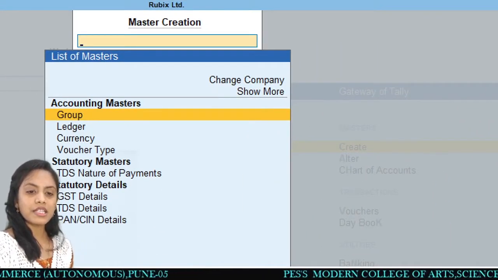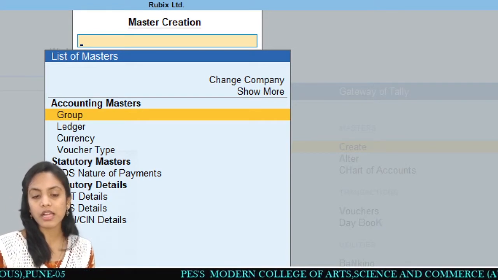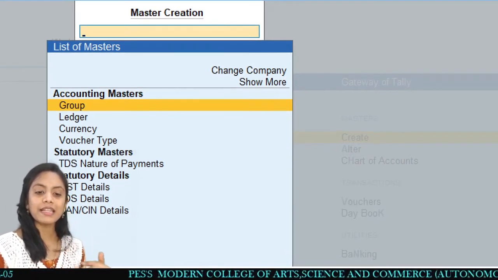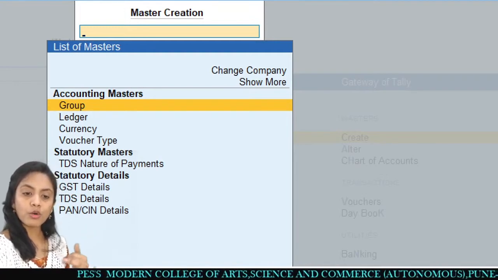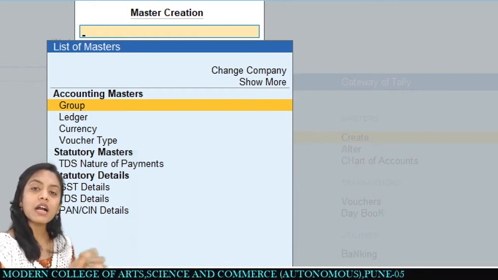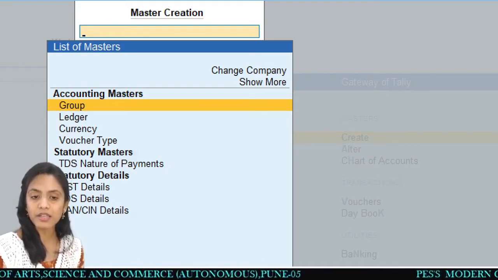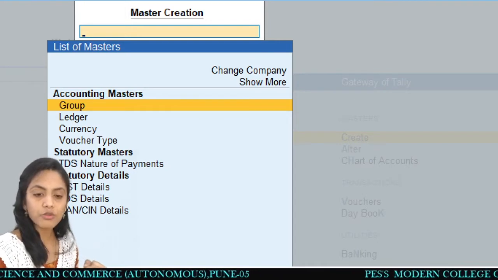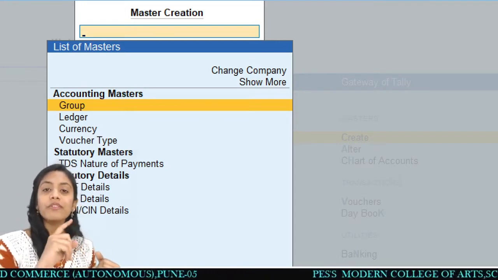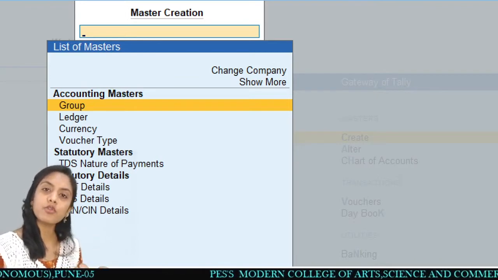When there is a master creation, a list of masters is given to you: groups, ledger, currency, voucher type. These are the accounting vouchers. How many accounting masters will we require? For the sake of accounting, we will require groups, ledgers, a currency, and a voucher type.